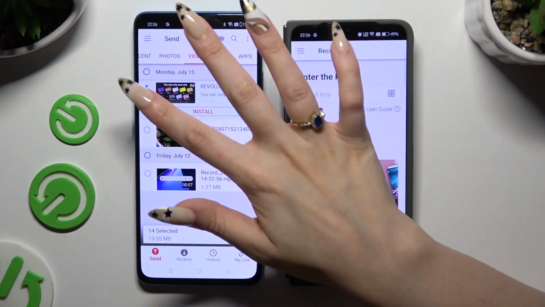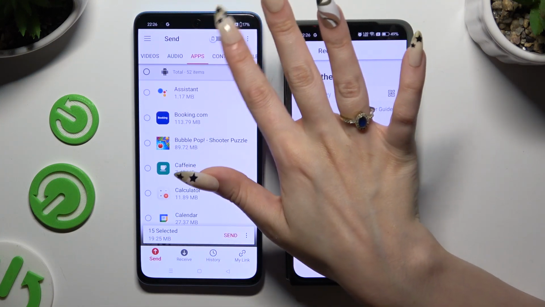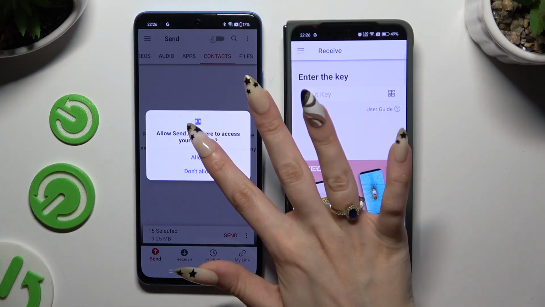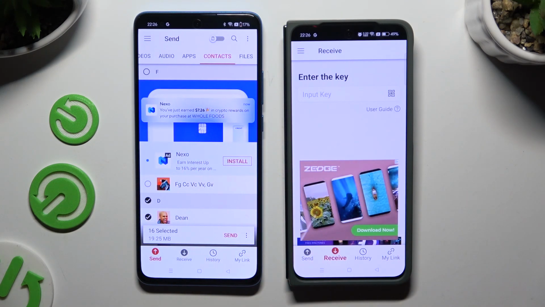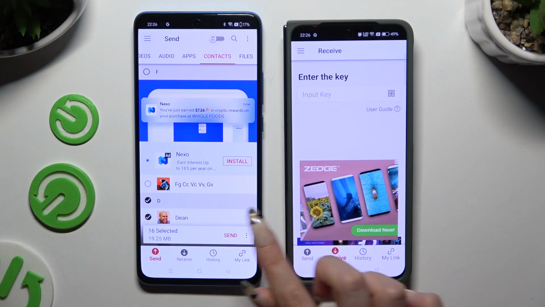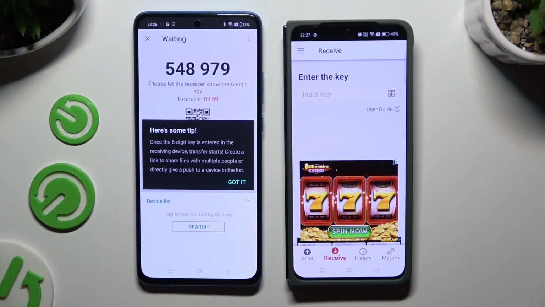I will go with only a couple just for example. When you're ready, select Send next to Selected at the bottom and click on Got it in Here's Some Tip